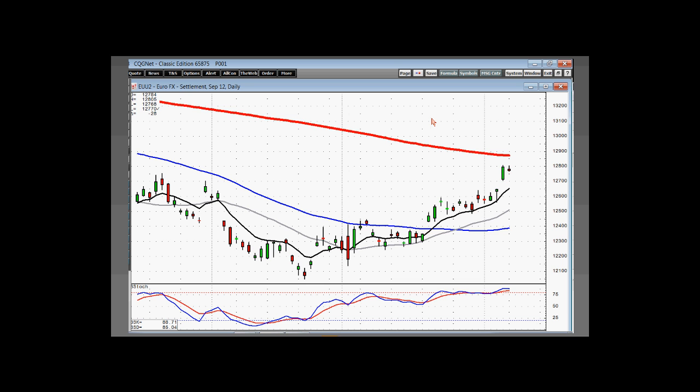It's still moving up, but it gapped up. Now I'll have a bearish Harami because